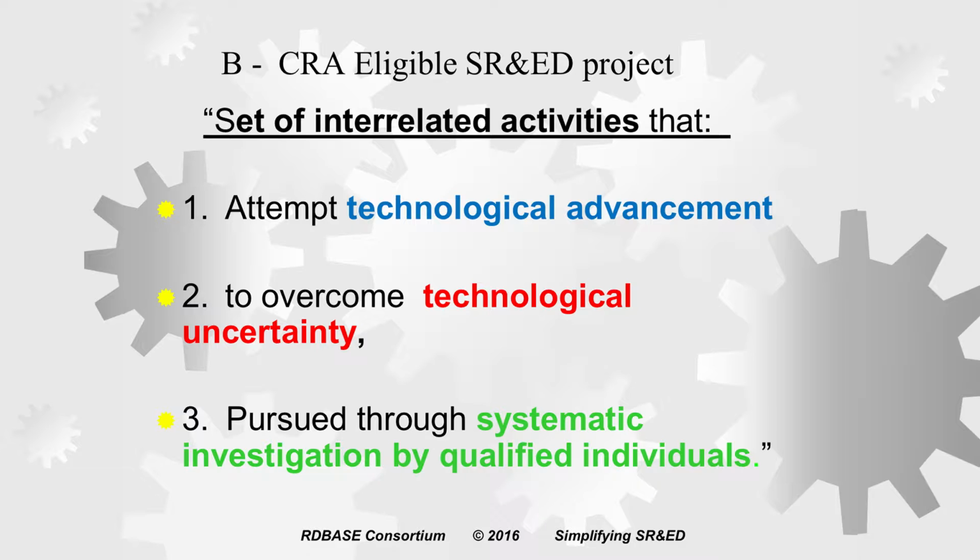Okay? So I mentioned earlier that the CRA feels that all SR&D or R&D programs follow something called an activity, project, program hierarchy. We've talked about the activities and how they fit into projects, but we haven't talked about program. What's the difference between an R&D or SR&ED project and an SR&ED program? The main difference here is that programs are ongoing. And projects, generally speaking, have an estimated completion date, according to CRA, of 3 years or less.